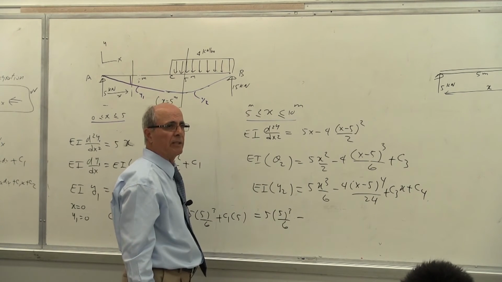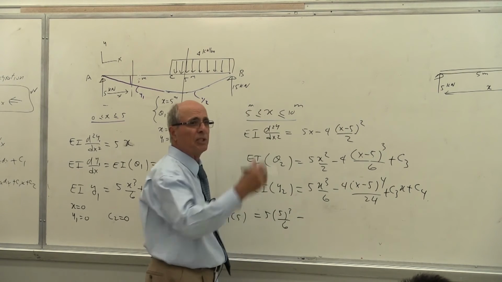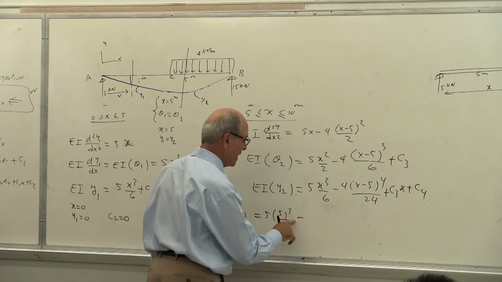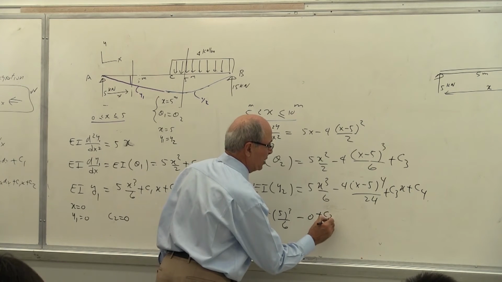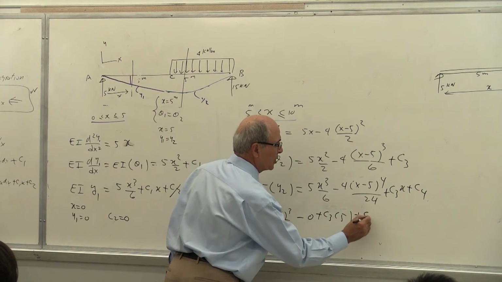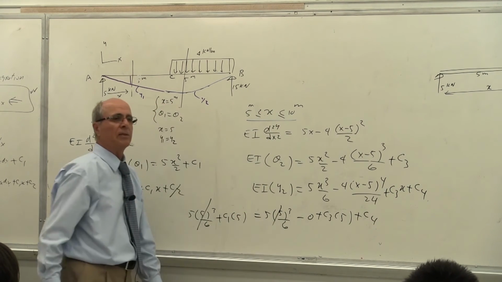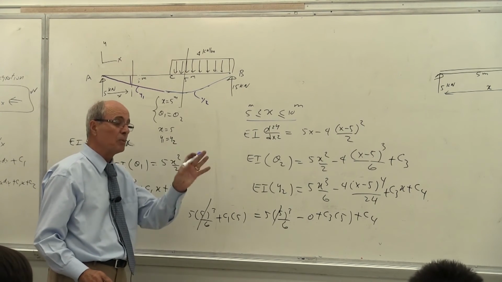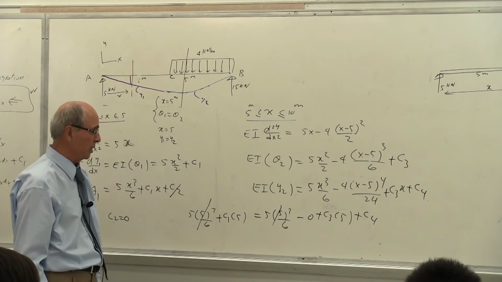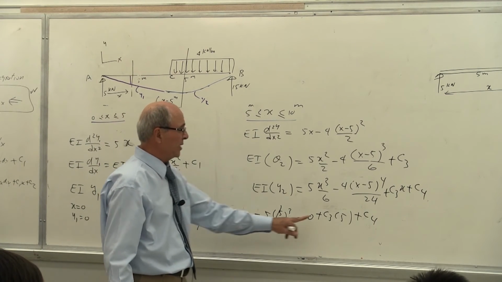Is that correct or not? Yes? When you put x equal to 5, 5 minus 5 becomes 0, so you don't have to worry about it. Never, ever expand it. Plus minus 0 plus C3 times 5 plus C4. Again, this and this drop out. This is the beauty of this method. You have to follow this method, which sometimes the book does not follow, so you get a different answer. Look at C1 times 5 and C3 times 5.